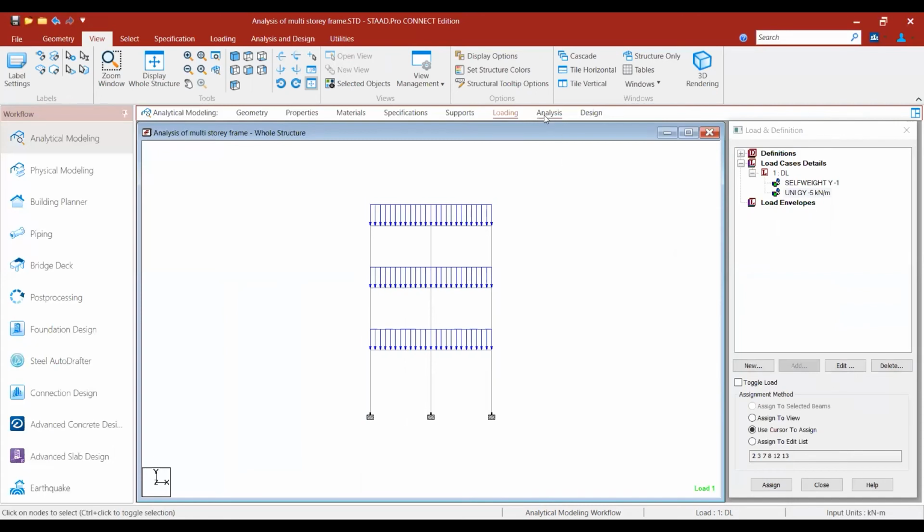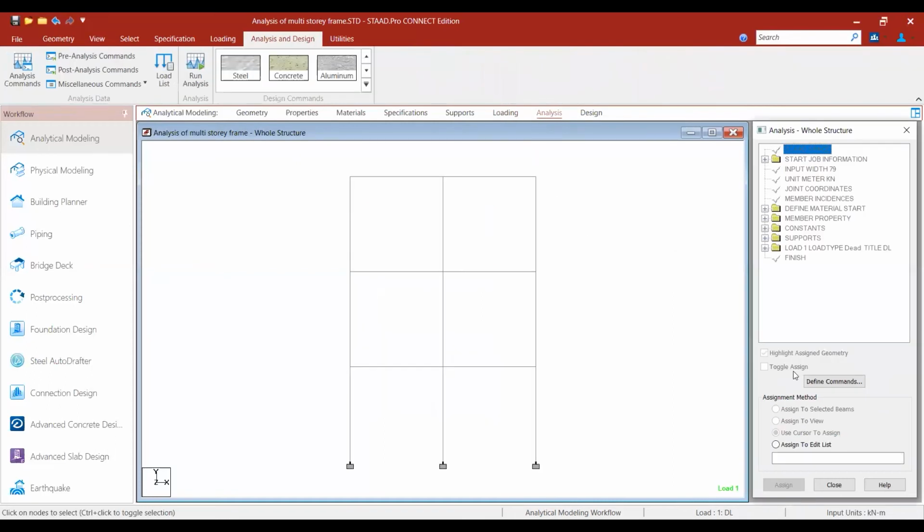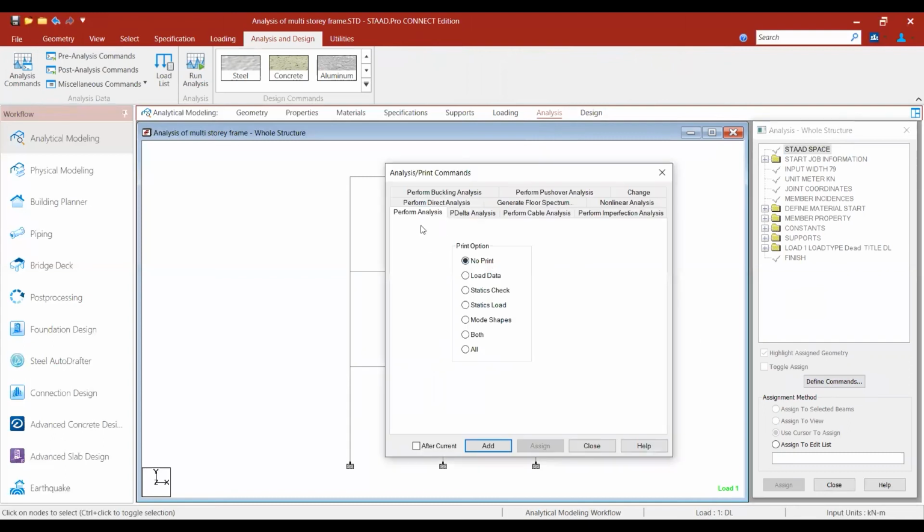Next is analysis. Analysis of the frame. If you click the analysis, here you can see the define commands. What you have to do is perform analysis. In this, check all so that it will print everything. Add.